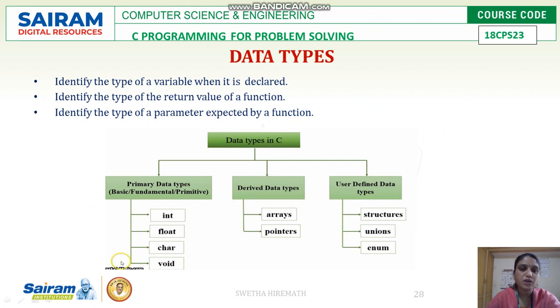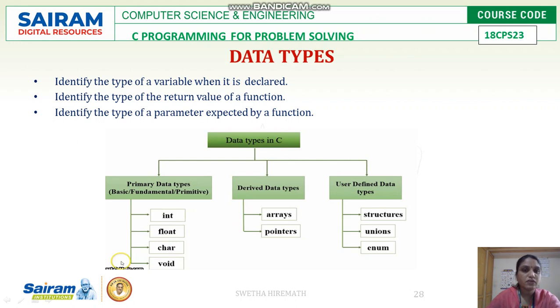Coming to the data types. Now we are familiar with identifiers and variables. Now, what type of variable it is, that is what type we are going to declare that variable as. It is based on the data type, on what value it will be storing: whether it stores an integer value, or a floating point value, or a character value, or some other value. Depending on that, we identify the type of our variable. So why do we use a data type? What is the use of a data type? It identifies the type of a variable when it is declared.